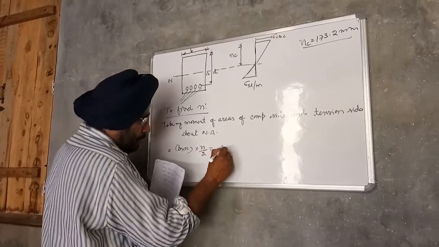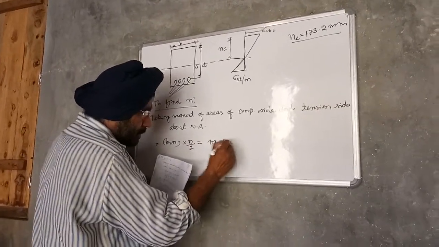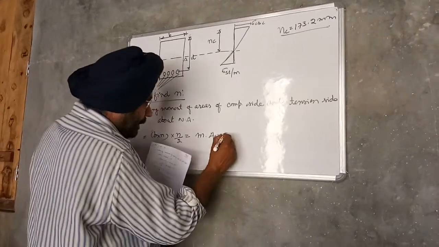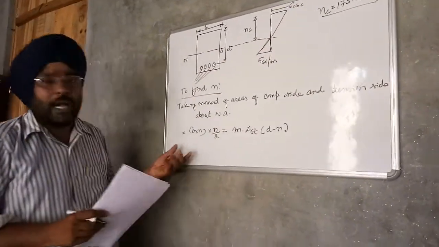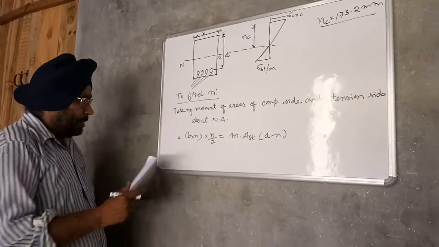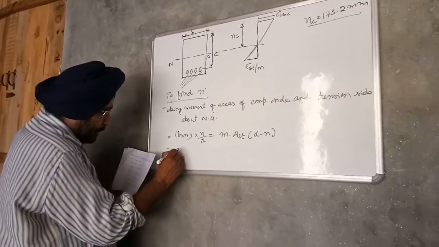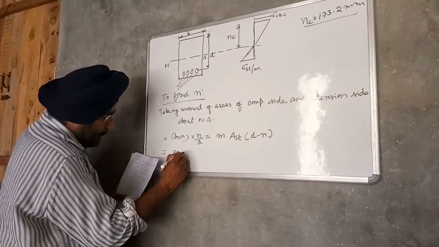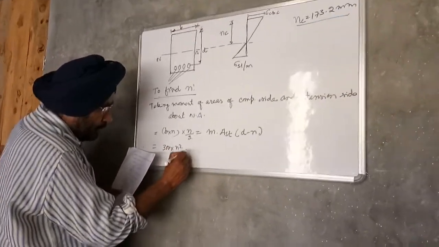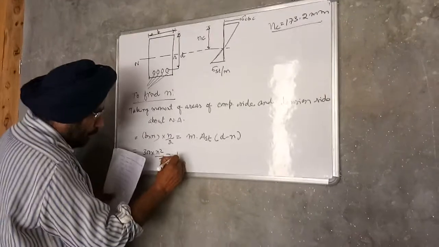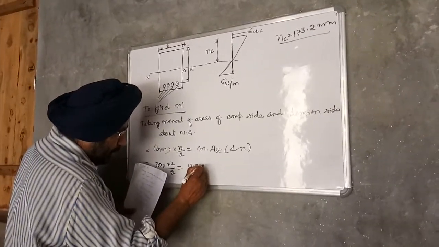Then m into AST is the equivalent area of concrete, and this lies at a distance of D minus n. Putting all these values, we get B, width of the beam section, 300, into n square by 2, equals m, the modular ratio, 13.33,